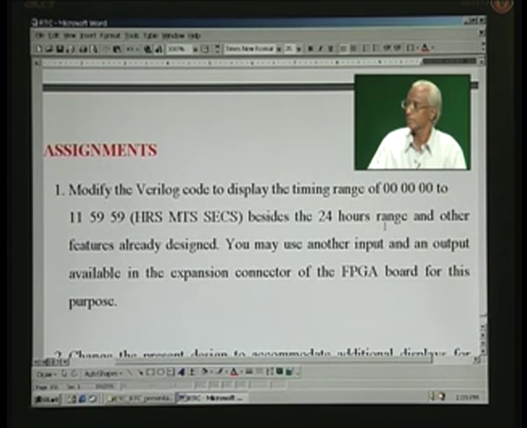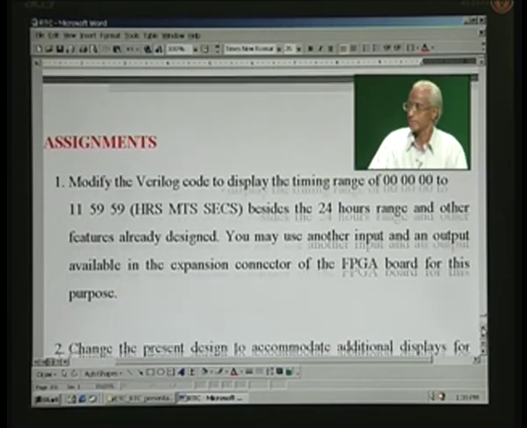Besides the 24 hours range, the other features you have to retain as they are, and you may use another input and an output available in the expansion connector of the FPGA board for this purpose. I think this is clear to you. And the second assignment is,